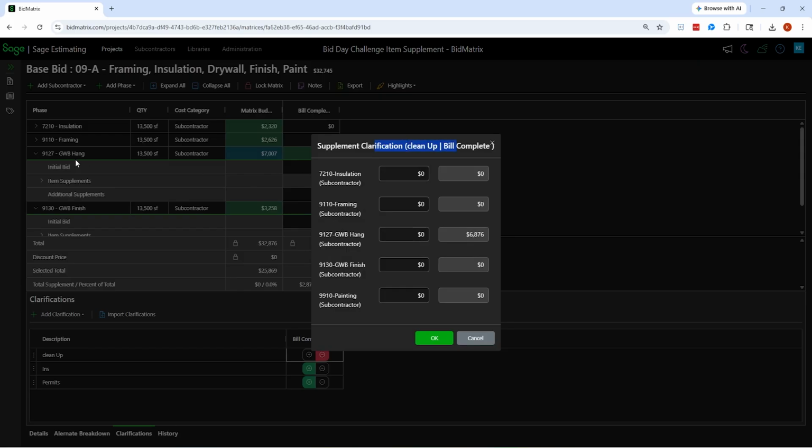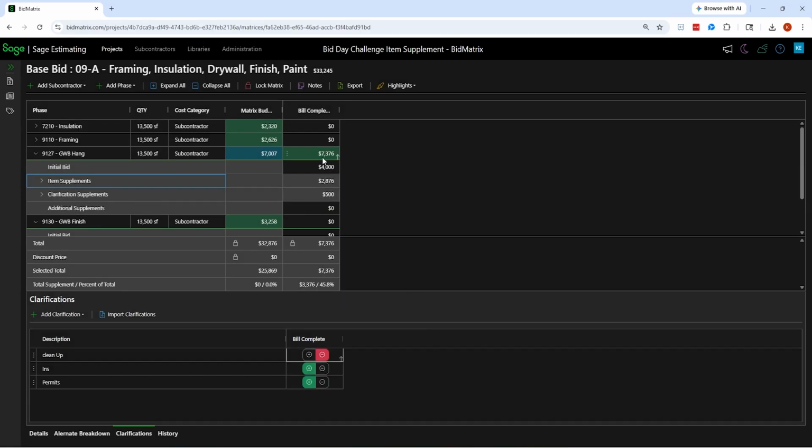And I might even say I'm going to add some more dollars to it because of that. Right now we're dealing with the gypsum wall hang, so I'm going to go back to that section, where I can see the money I've got in for them so far. I might add another $500 to their bid for having to come back after them and clean some things up. So now you start to see their initial bid was this; the line items out of my estimate that I had to add to make it more comparable was another $2,800; and after my clarifications, I had to update it another $500 for something they missed.